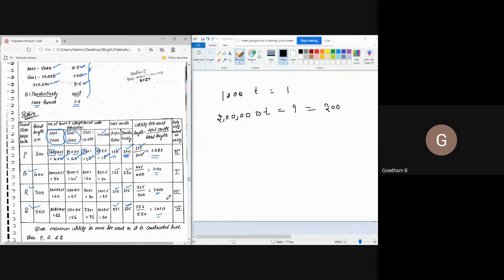Therefore, in this problem, proposal Q has the highest utility per unit length, that is 1.112. Therefore, this you need to construct first. The next highest value is 1.083. Therefore, this you have to construct second. The next highest value is proposal R. This you have to construct third. And the next highest value is proposal S. This you have to construct last. This is how you have to prioritize the road construction based on the saturation system and utility unit concept.